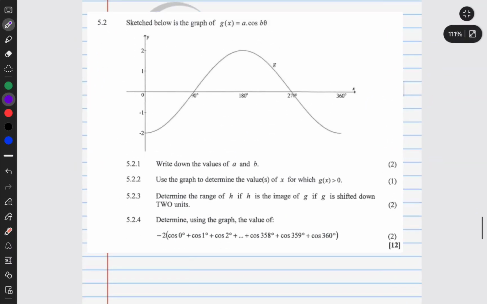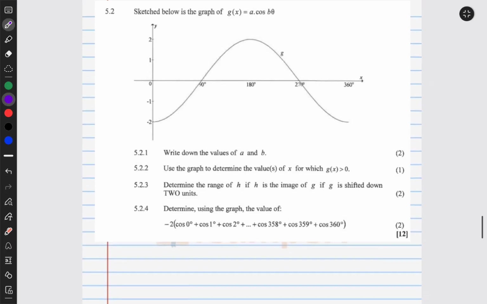No, it's not fitting. Let's put it on this page. Okay, so